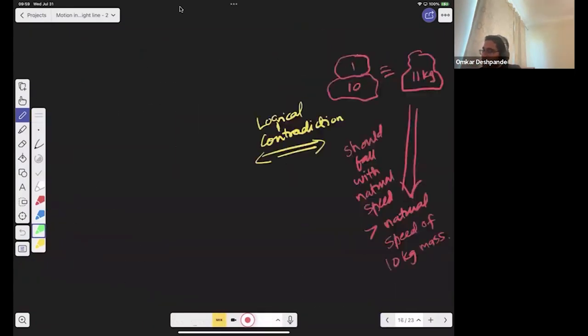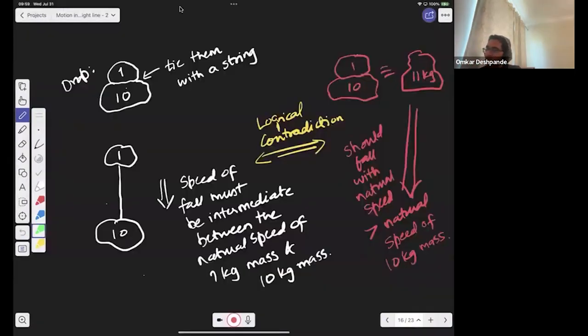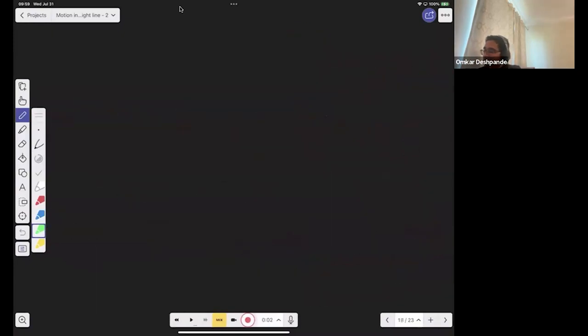Anyway, so going back to that scientific issue, how do objects fall? Okay, now we know that they fall with increasing speed, and that rate of fall is actually